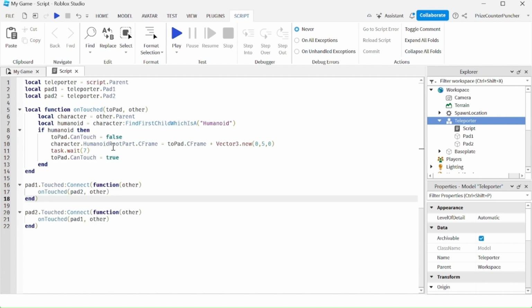For this function, we're going to pass in the destination where you want the player to be teleported to, and also the part that is touching the pad. From the part that is touching the pad, we can get the character that is touching the pad. We're looking for the humanoid inside the character to make sure that it is a player that is touching the pad. If it is a player, we're going to turn off the CanTouch of the to pad,